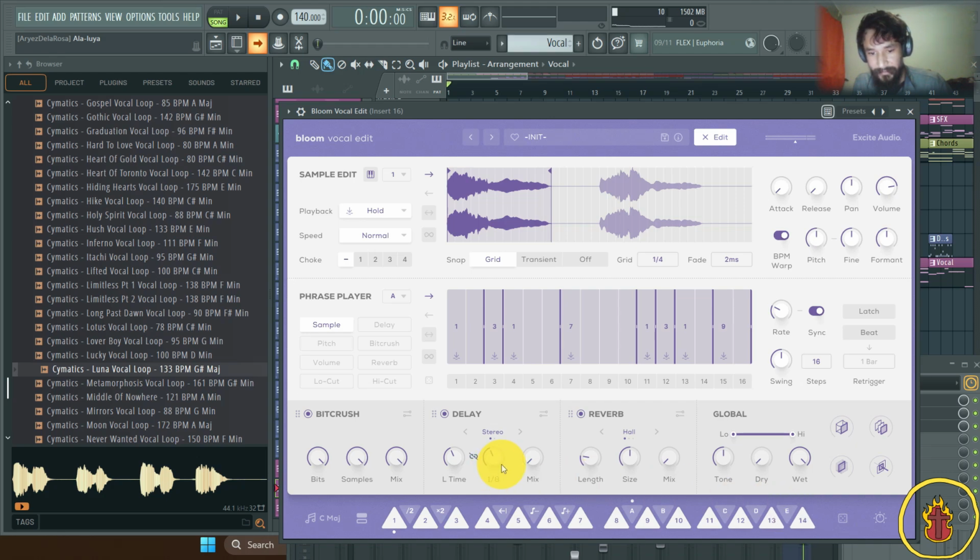And then from there, just add another Bloom Vocal Edit, and then you'll have yourself another piano range, depending on how high you can get the samples. But for the most part,